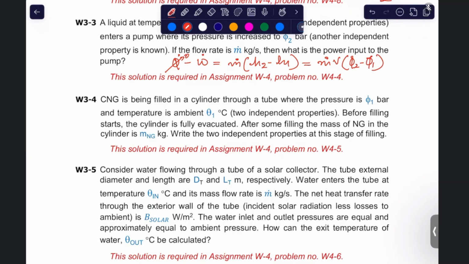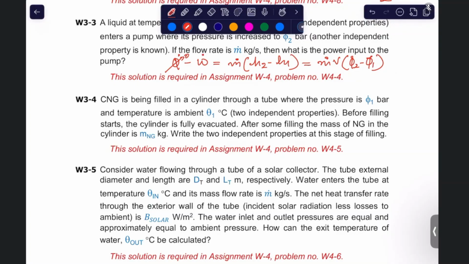Next question. CNG is being filled in a cylinder through a tube where the pressure is Phi1 bar and temperature is theta 1 degree centigrade. That is ambient. Before filling starts, the cylinder is fully evacuated. After some filling, the mass of CNG in the cylinder is m_ng kilogram. Write the two independent properties at this stage of filling. So the system is that cylinder where we are filling natural gas, and after partial filling,